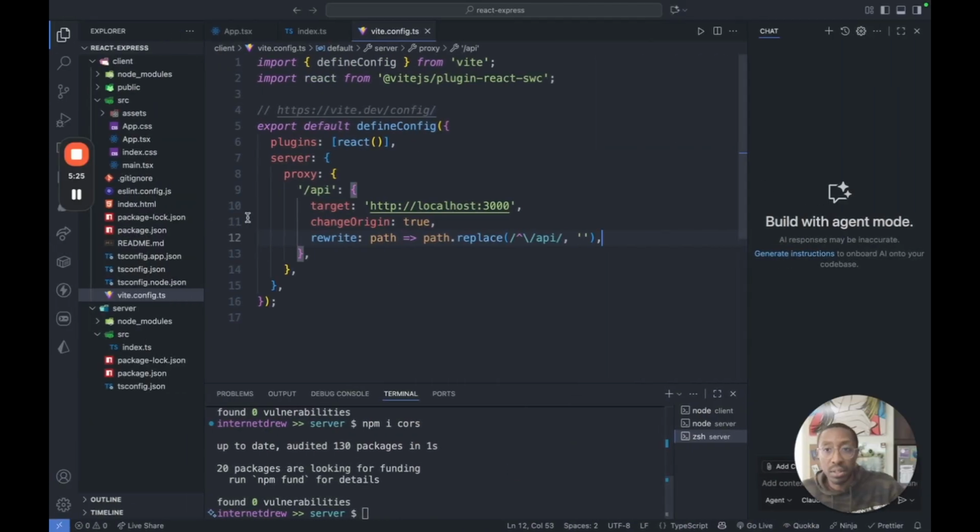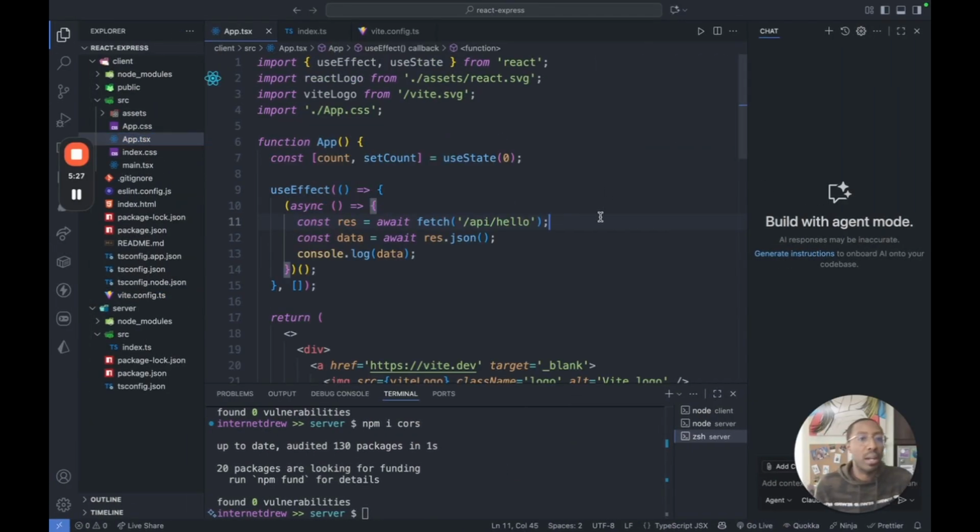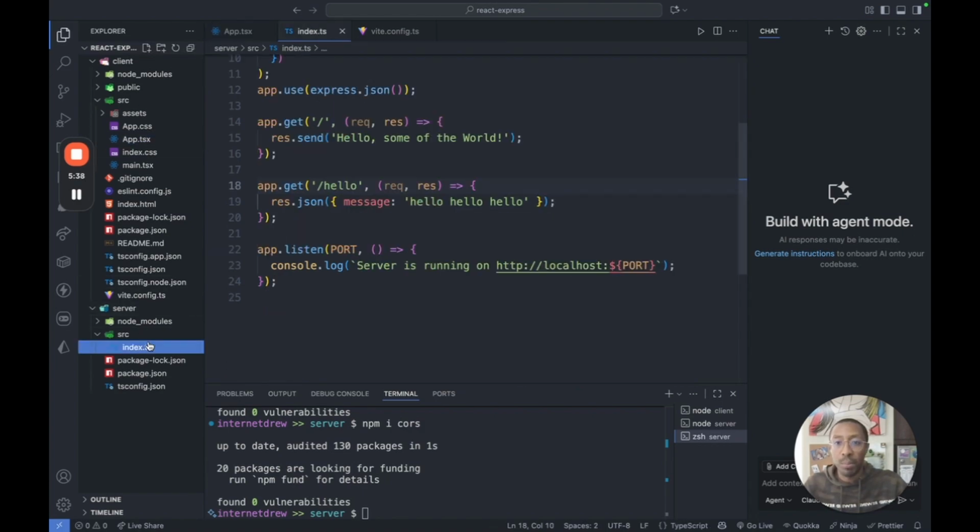And this allows us to then, from here forward, instead of saying, hey, fetch from HTTP localhost 3000 every single time we need to fetch resources, we're actually just able to say /API/ whatever the endpoint is, and we get the benefit of keeping everything super clean back here by just writing what the endpoint is. And I'd like to keep this here as like the base